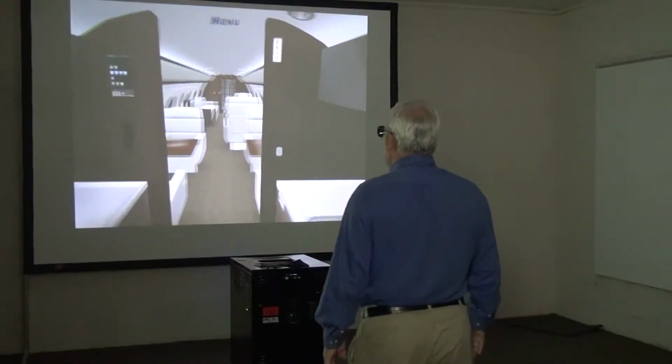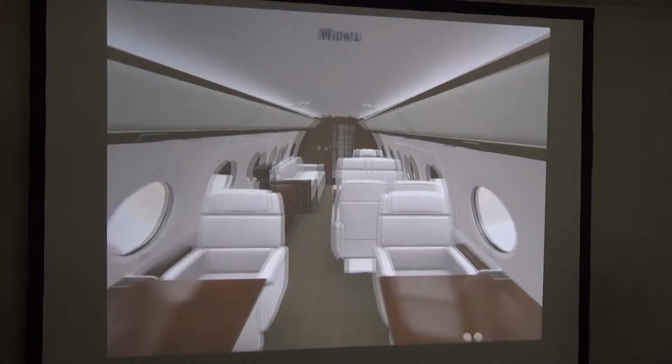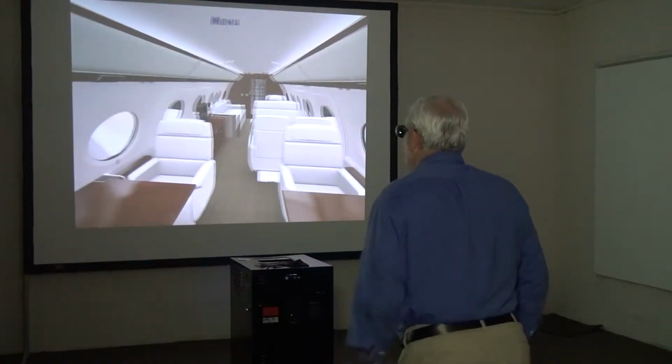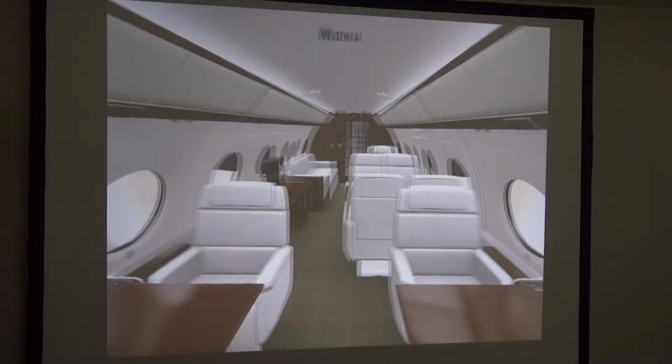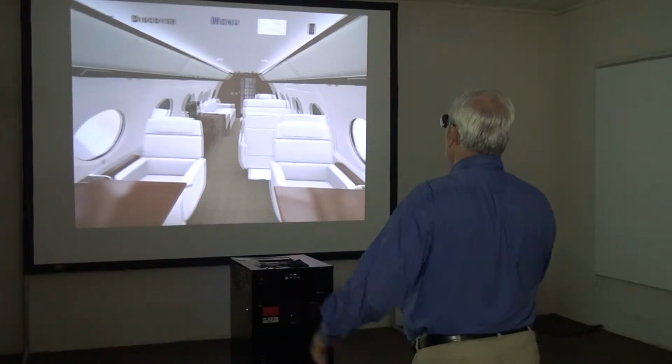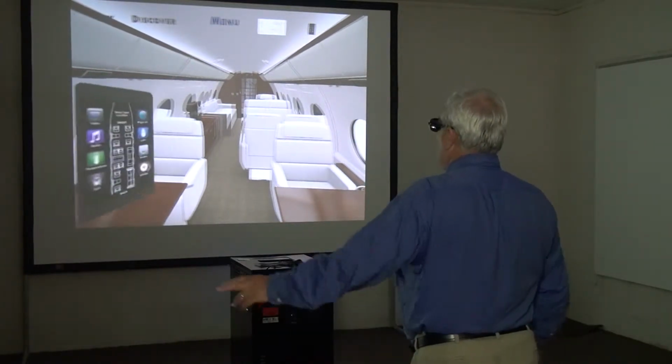We have the ability to wander around and look at things. If we wanted to look through the aircraft, we could actually bend down and look out the wing itself. But what this is made for is to be able to see the systems in action. So whenever we bring up the menu, we bring up an iPad, touching it here,